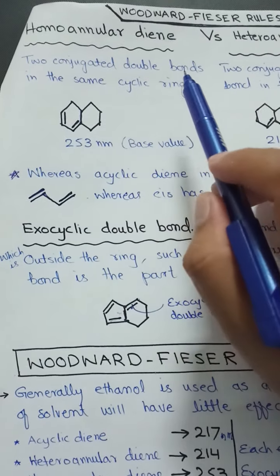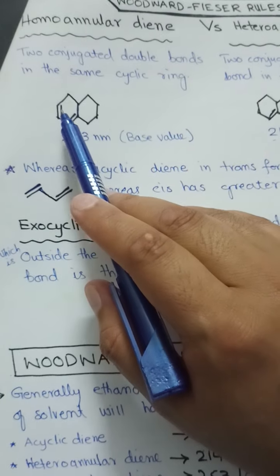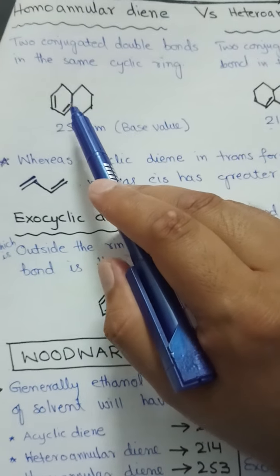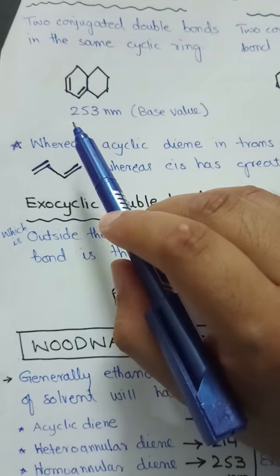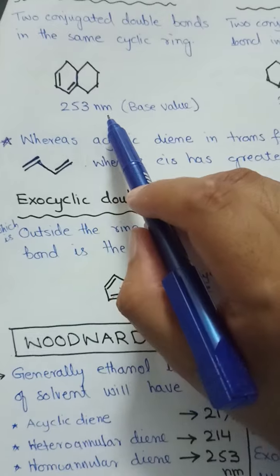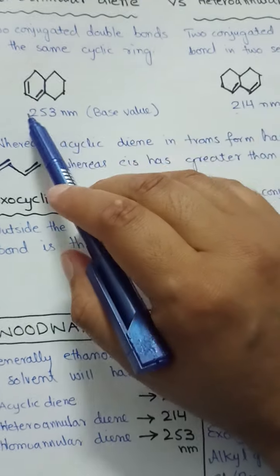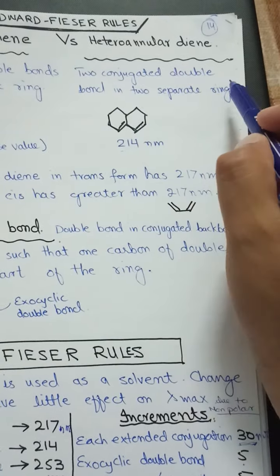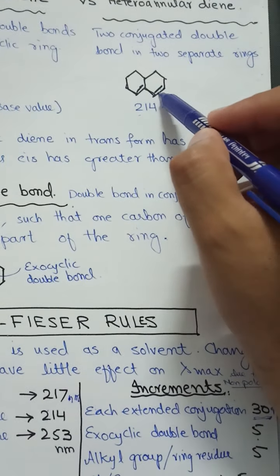Two conjugated double bonds in the same cyclic ring produce a homoannular diene. Here we have shown an example: two rings, and the two double bonds are present in the same ring. In this case, the lambda max will be 253 nanometer, which is also called the base value for homoannular dienes. For heteroannular dienes, the two conjugated double bonds are present in two separate rings, but conjugation